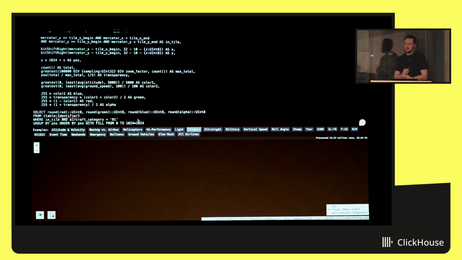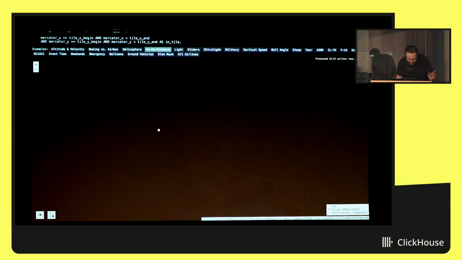If I filter by really high altitude, I found weather balloons. Interesting. And there is a filter for high performance airplanes.